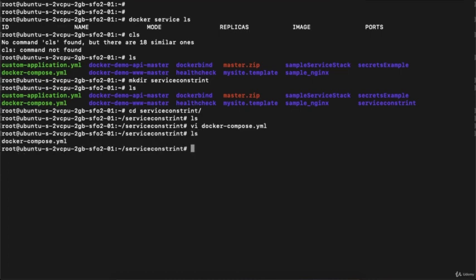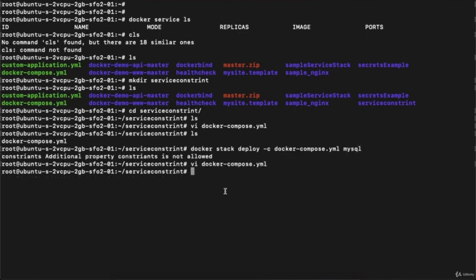And to deploy the stack from a YAML file, what is the command we need to insert? We need to insert docker stack deploy -c, then the compose file name, and then the stack name. Suppose I define mysql, hit enter.